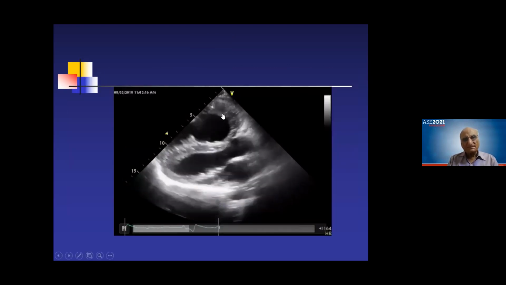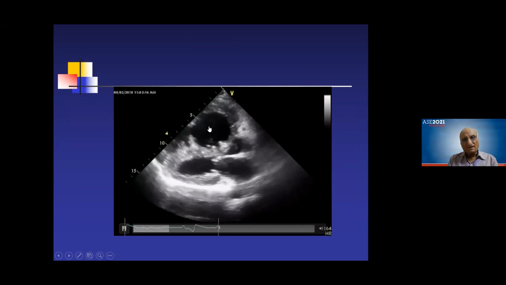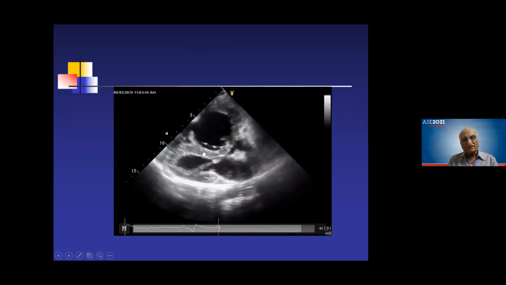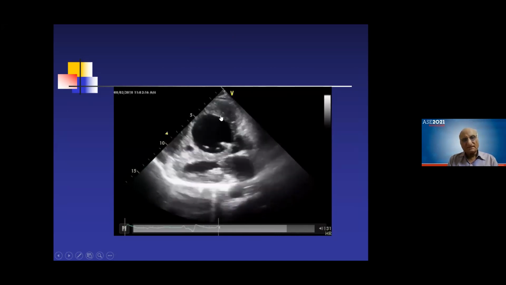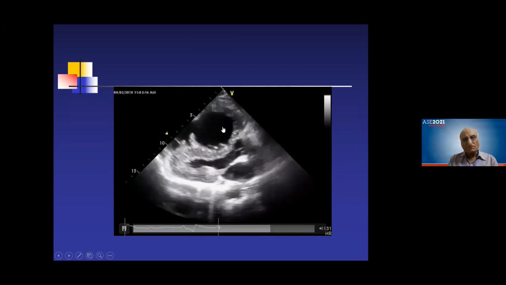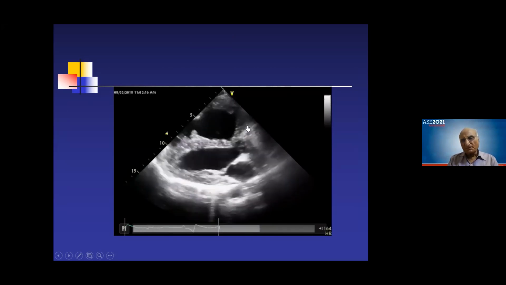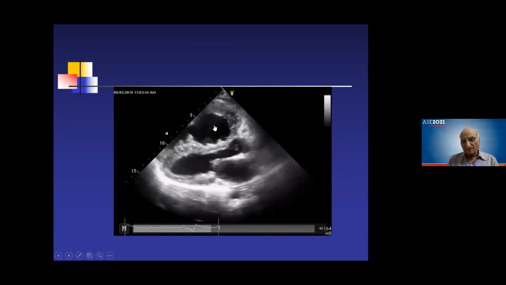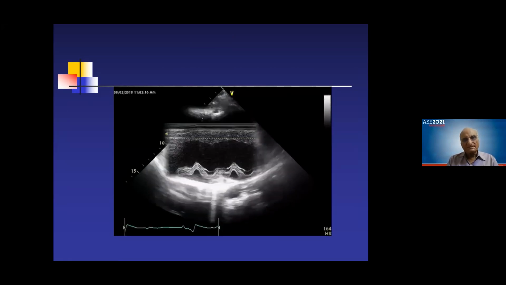This is a parasternal long axis view. You see there's a marked, significant RVH. The RV is enlarged, and you can see some sort of jerky motion because of a paradoxical motion of the IVS. Now you see there is no VSD here. There is no aortic override here. But what we see is a severe RVH and an RV enlargement together with cyanosis and clubbing.